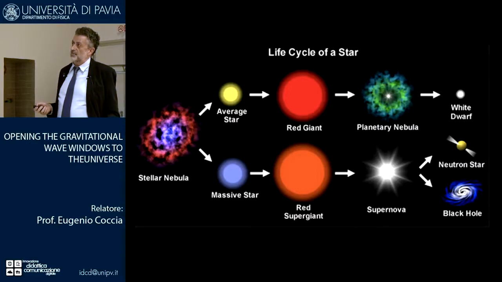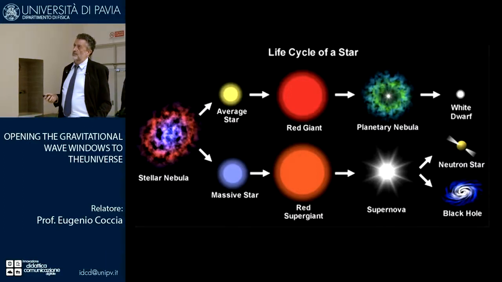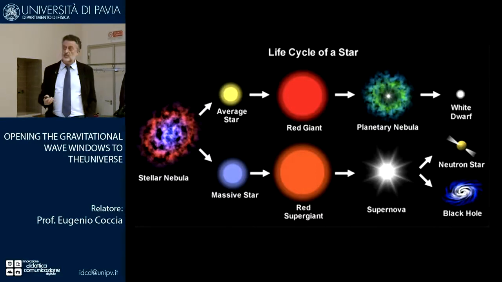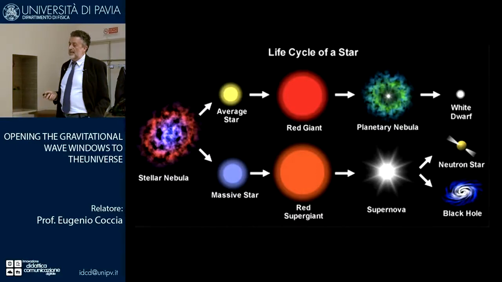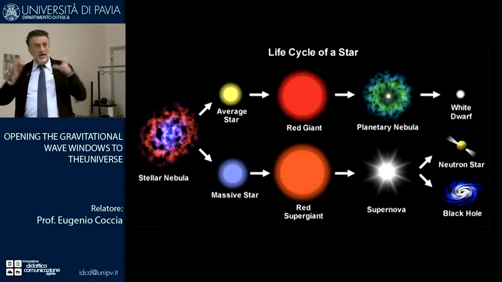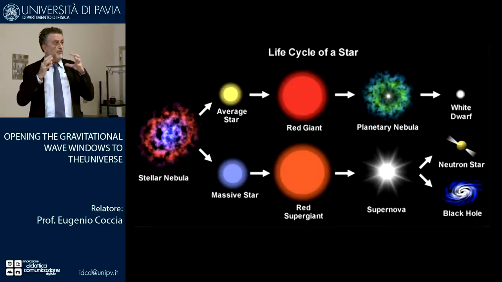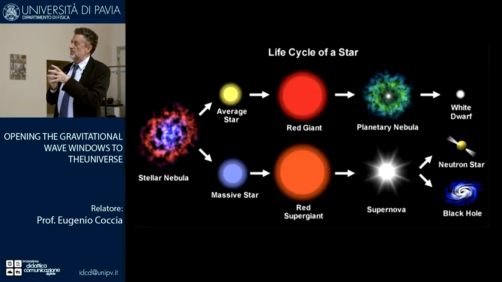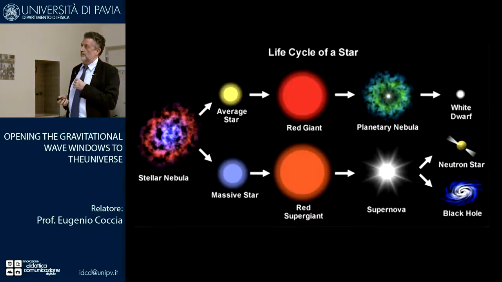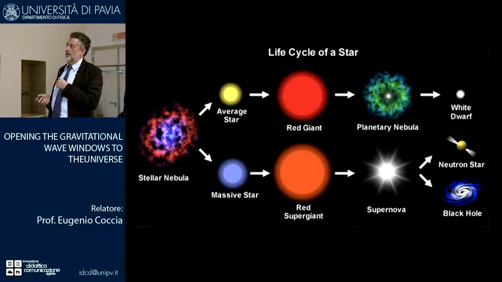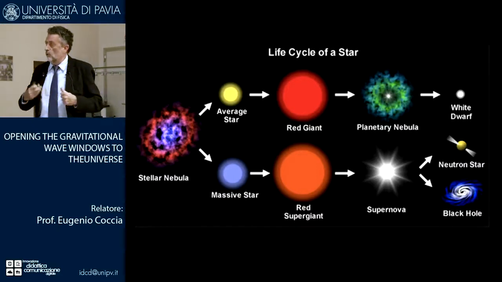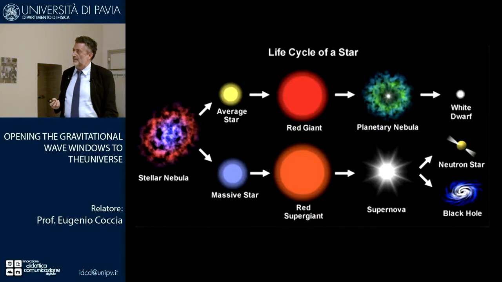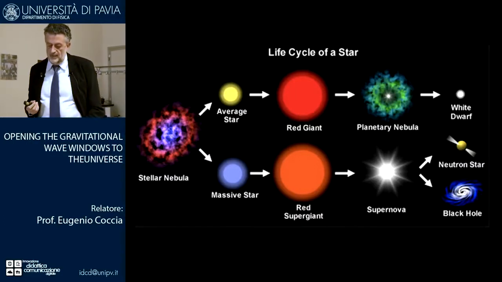If the star is massive, say 10 solar masses, then at the end of its life it collapses and the mass may be so big that the squeezing force can realize a black hole, can go beyond this event horizon limit and really form a black hole, or a neutron star. Now I have no time to go further on that, otherwise I will use all my time, but it's incredible to